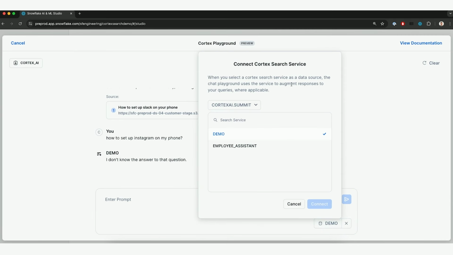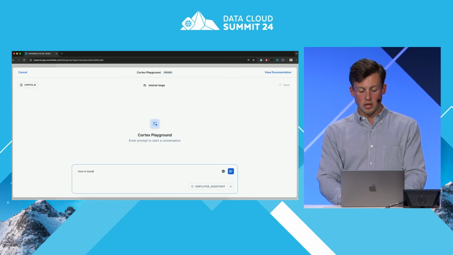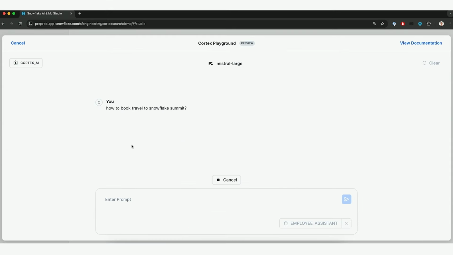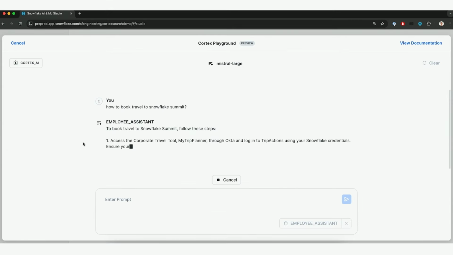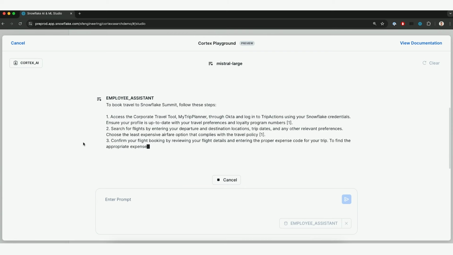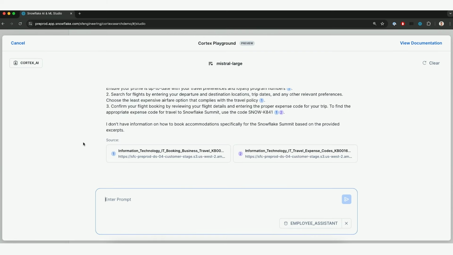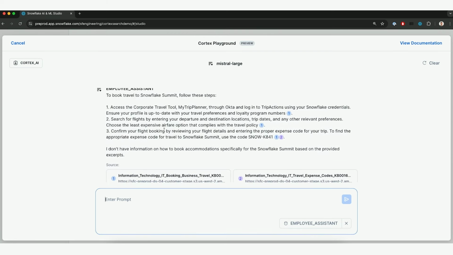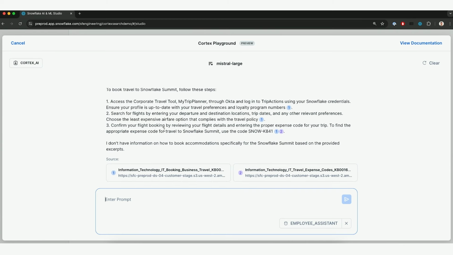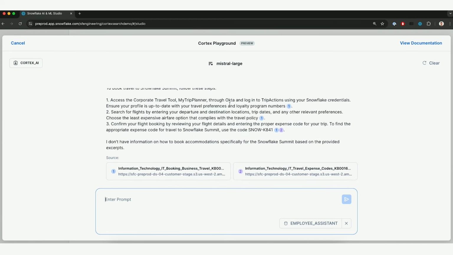Like I said, we have this much larger corpus that we pre-built before this demo, and I'm going to switch over to that so we can show the scale portion of this. With this larger service, we can ask it something like how to book travel to Snowflake Summit. It's gone through that list of hundreds of documents with thousands of pages, and it's found the answer to my question. It's telling me how to go through our trip planning service, how to actually go through the flow,